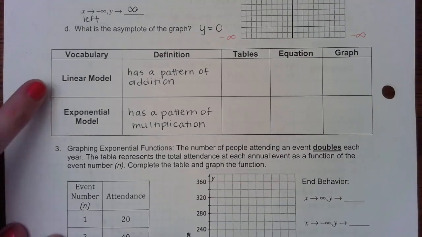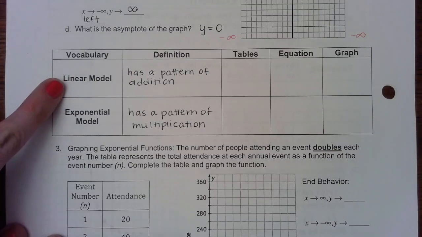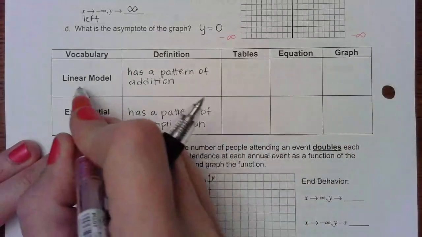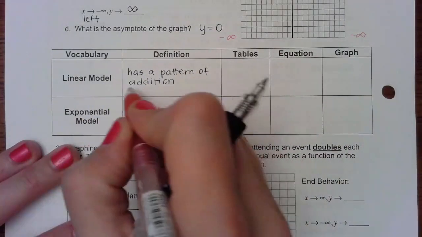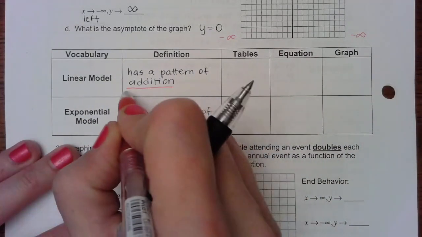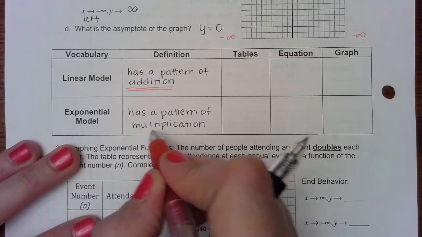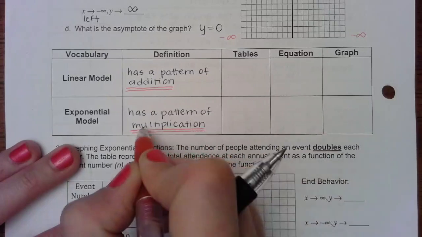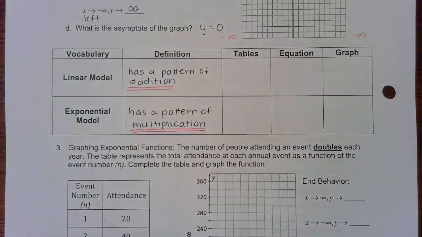The next part in today's notes wants us to compare how we know if something is a linear model versus how we know if something is an exponential model. So we know that something is following a linear pattern if it has a pattern of addition, and we know that something is following an exponential model if it has a pattern of multiplication. And so there are going to be different ways that we can answer these questions about which is which. If we're looking at a table versus an equation versus a graph,